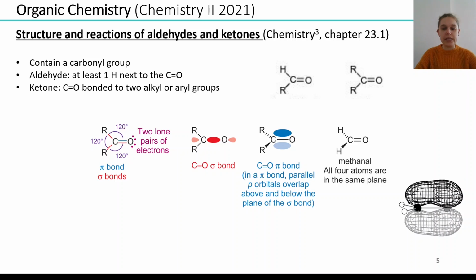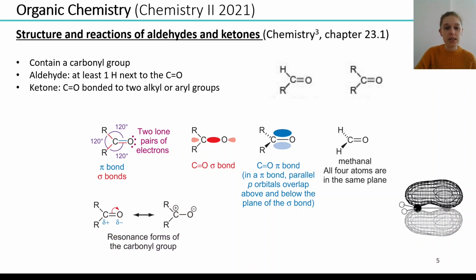And each of the 2 remaining sp2 orbitals of oxygen contains a lone pair of electrons, while the 2 remaining sp2 orbitals of carbon form 2 further sigma bonds. And if we have a look here, all 3 sigma bonds of carbon are in the same plane and form an angle of 120 degrees to each other. And important to know is that the carbon-oxygen double bond is short and relatively strong, so it is stronger than the carbon-carbon double bond. Nevertheless, the carbon-oxygen double bond is reactive because the electrons in the carbon-oxygen double bond are